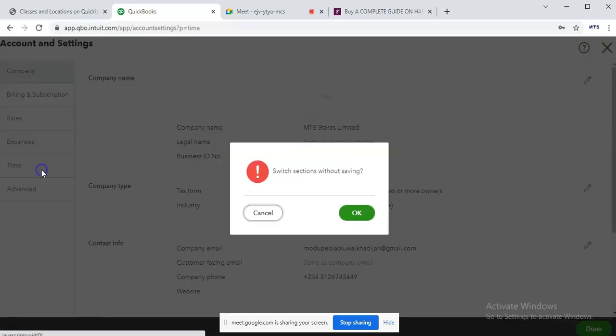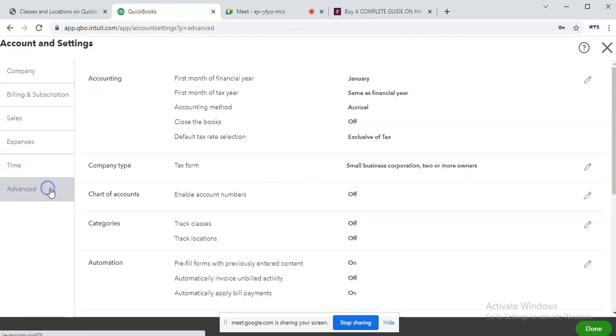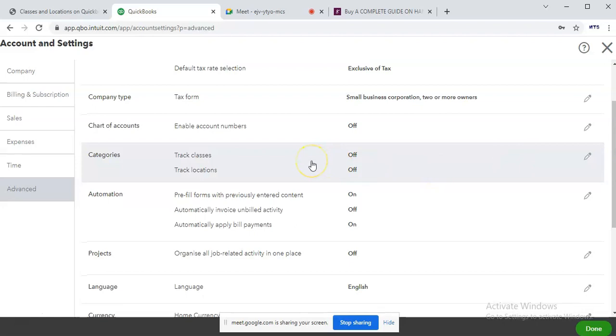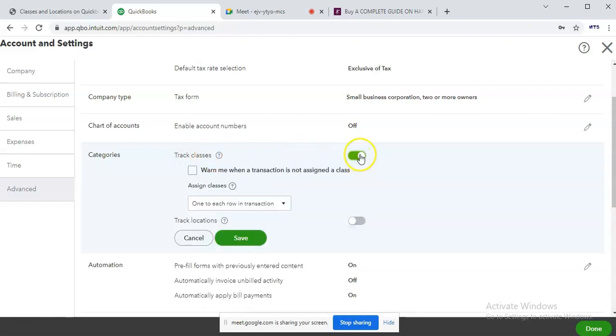Alright, then you come to the advanced section, you click OK. Then you scroll down. You are going to see two areas here. You are going to see track classes. Alright, so you are going to click on this radio button to turn it on. Then immediately you turn it on, you are going to see another option here,